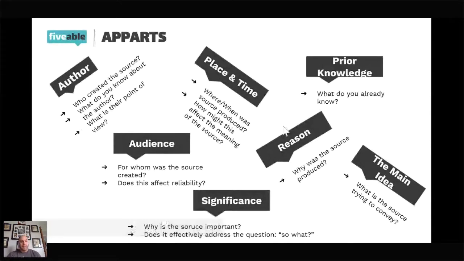Okay. These documents, when they're given to you on an exam, they're not just pulled out of thin air. They're meant to get you to think in a certain way. So what are they getting you to think about? What are they trying to convince you of? Okay, the source is important, but why is it important? If it's going to be a painting, especially something that's art, why is that painting more important than another? What are you getting out of it?